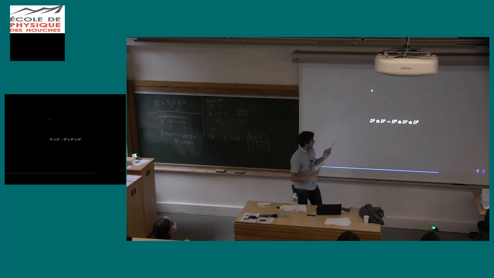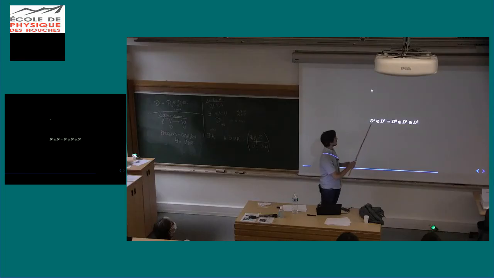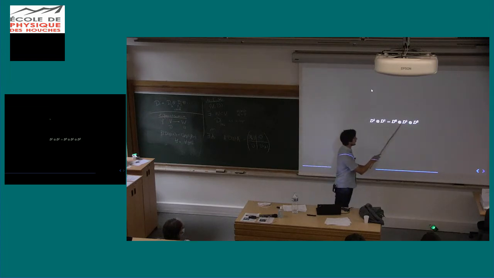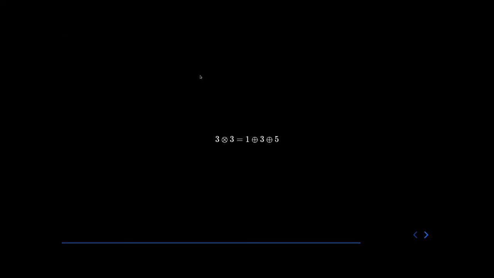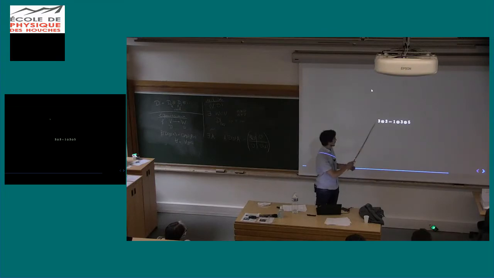And I will need the tensor product. And if you take the tensor product, it happens that, for rotation, if you take the tensor product of two vectors, you will obtain a 3x3 matrix. This representation is not irreducible, and you can decompose it into a scalar, a vector, and a symmetric traceless matrix. And it's usually written like that. This is the dimension of a vector, 3 times 3, and you obtain a scalar, dimension 1, plus a vector, dimension 3, plus a